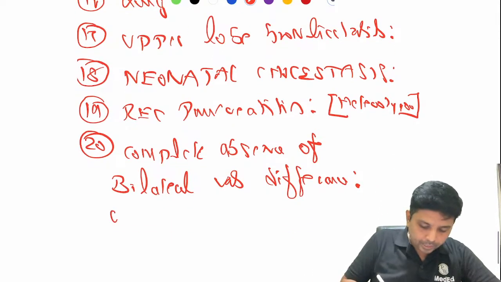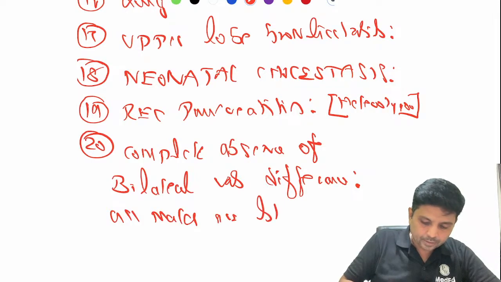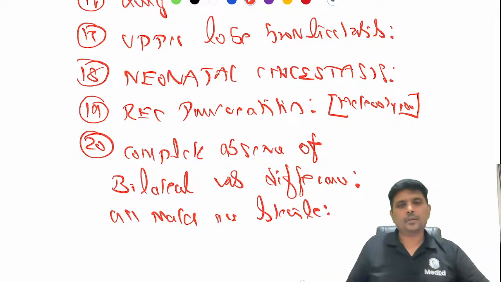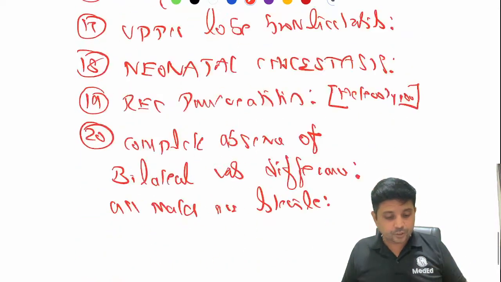So all males are sterile. Okay, so these are all the manifestations of cystic fibrosis, and remember,